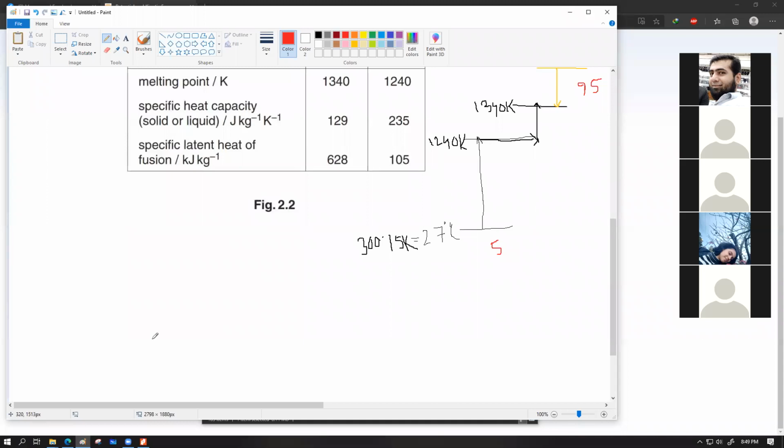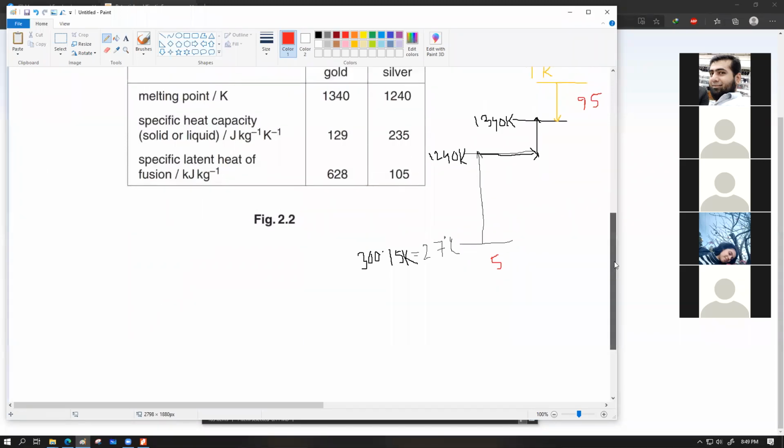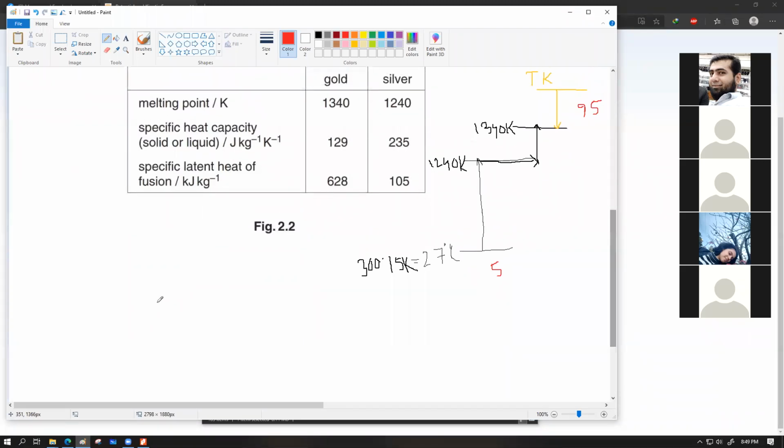Good. So let's try and use those variables that we have available and go ahead with the calculation. I'm going to write up this equation over here. So let's say 5 is the mass of silver. I'm going to do this one first. C, the specific heat capacity of silver, is 235. So 5 into